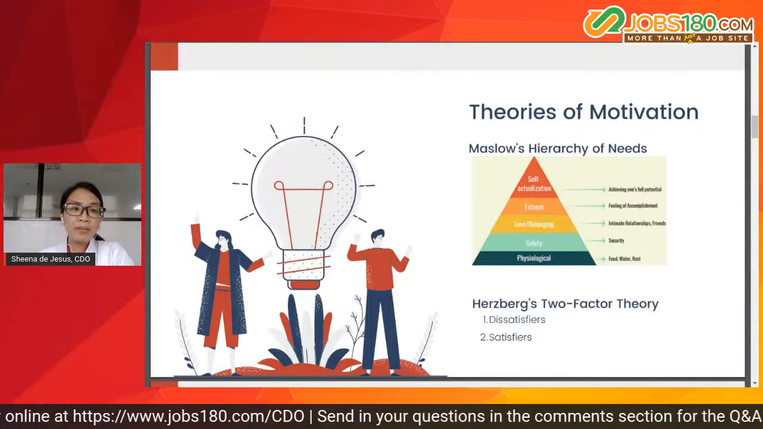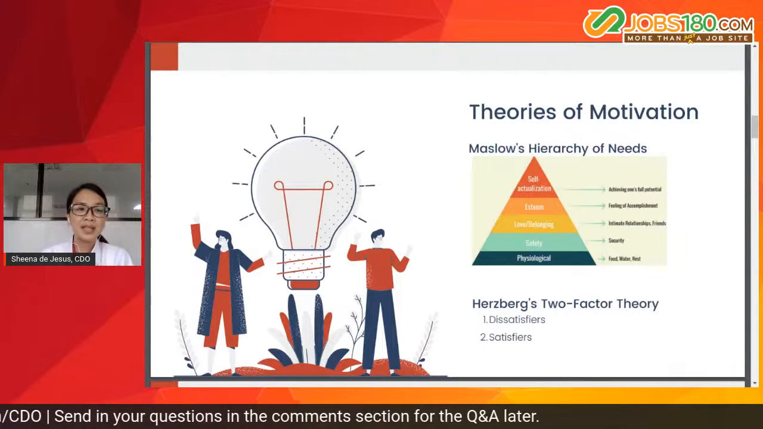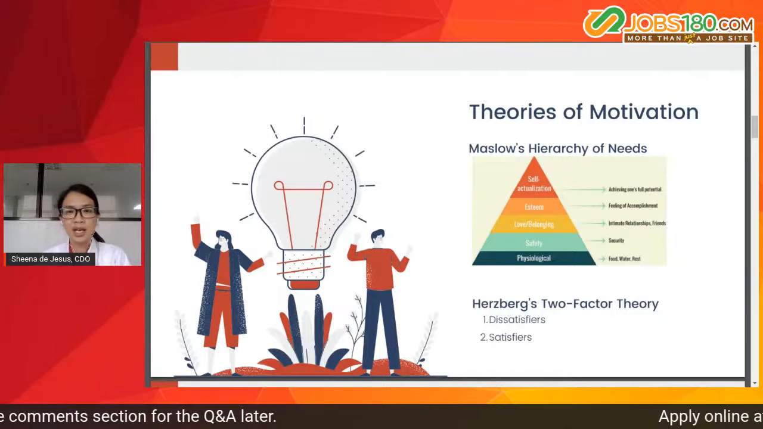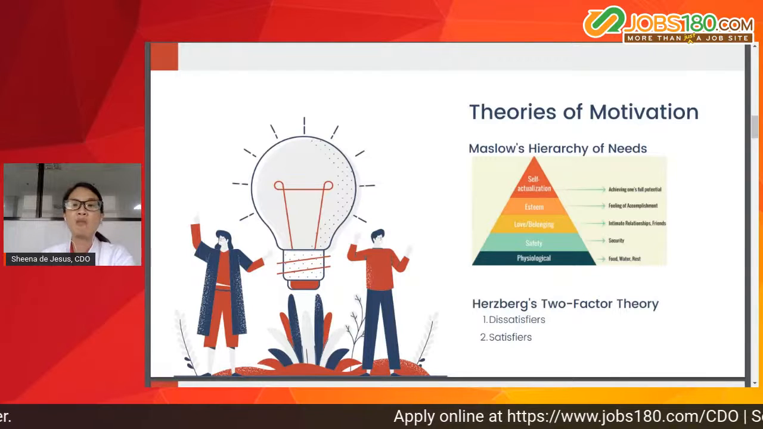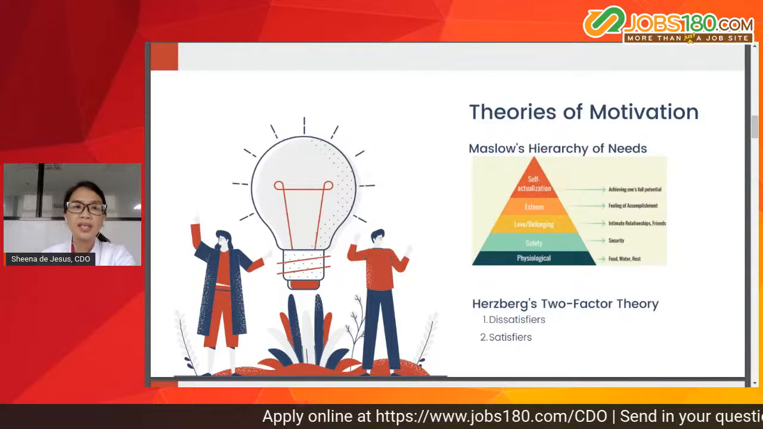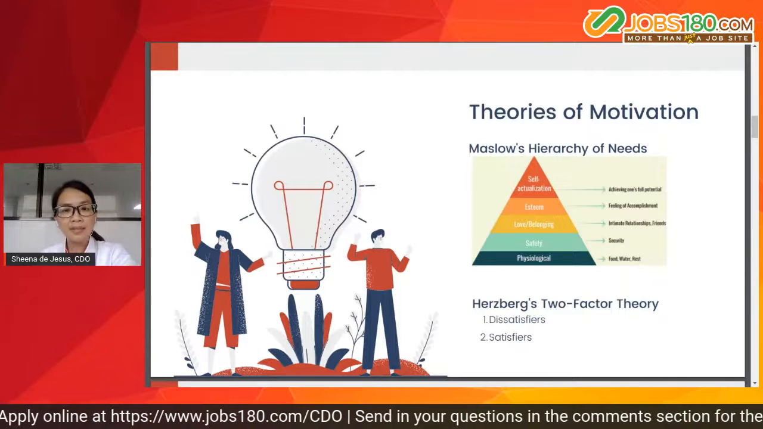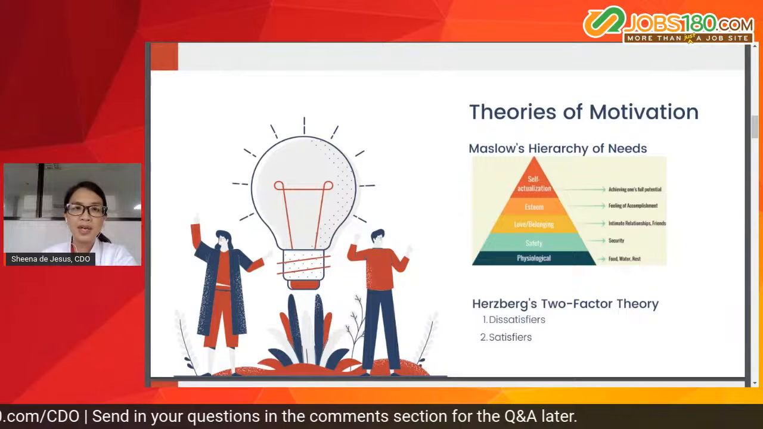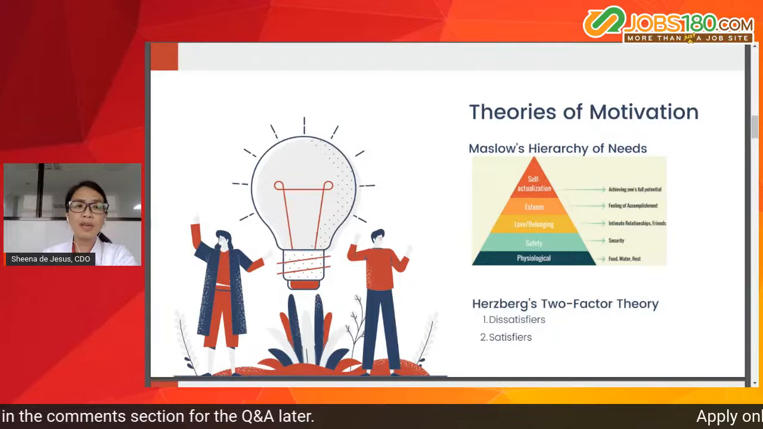So while Maslow is helpful in identifying the set of benefits to meet the needs of the people, so for example, in physiological, if we are going to relate this in the workplace, how much salary are we giving our employees? Enough ba to sustain their kind of lifestyle? And then for security or safety, do they have the feeling of job security? For love and belongingness,